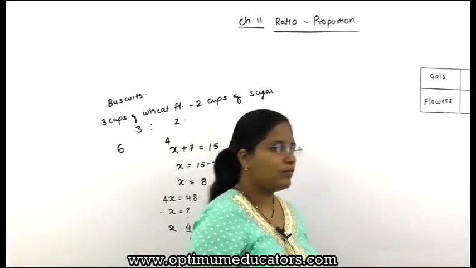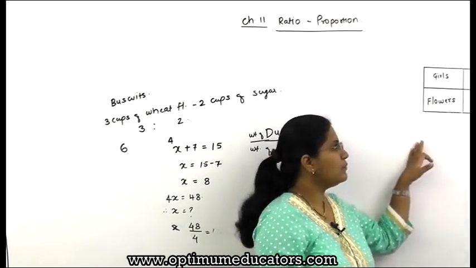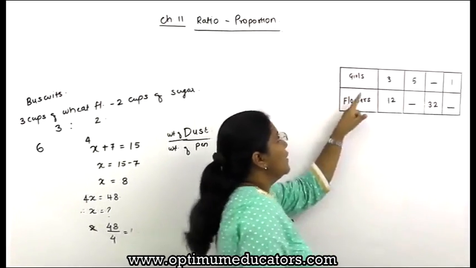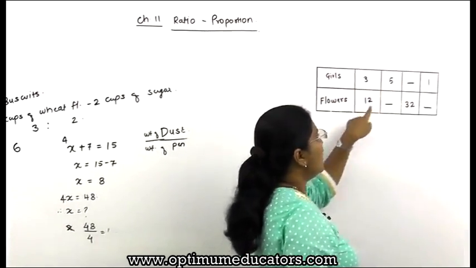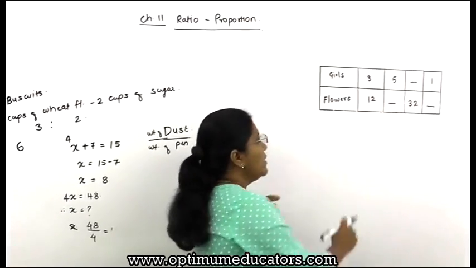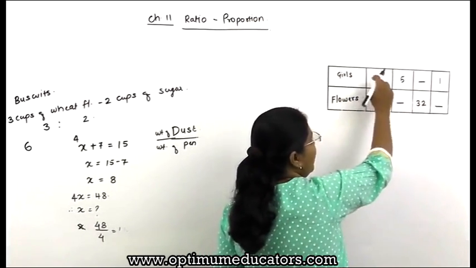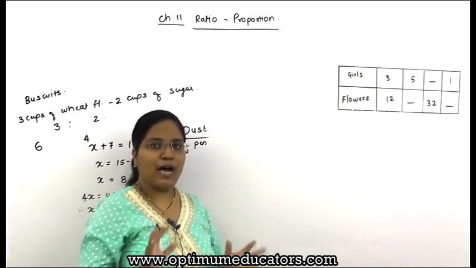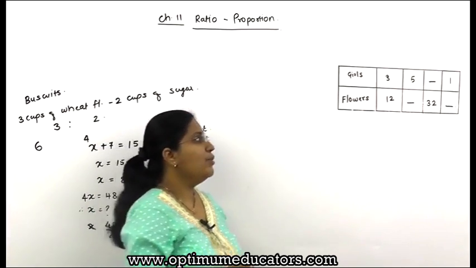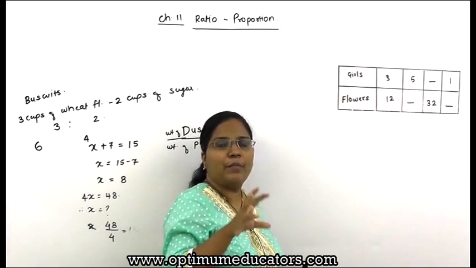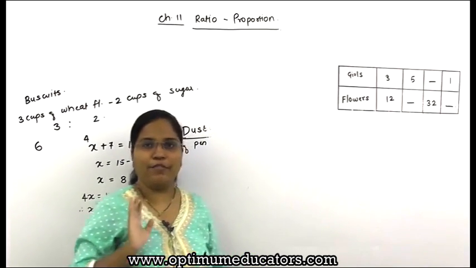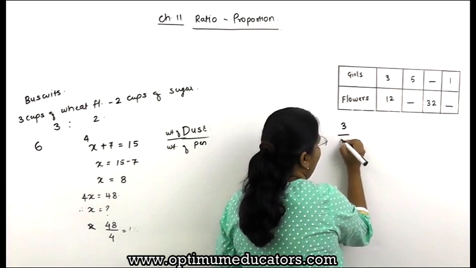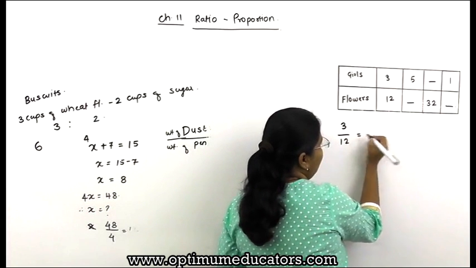Just see here. Now here you will find 2 rows, girls and flowers. These are the number of girls and these are the number of flowers. In the first column you will find the number of girls is 3 and flowers are 12. Now the task allotted to you is to distribute an equal number of flowers amongst the number of girls present. So if there are 3 girls and 12 flowers,